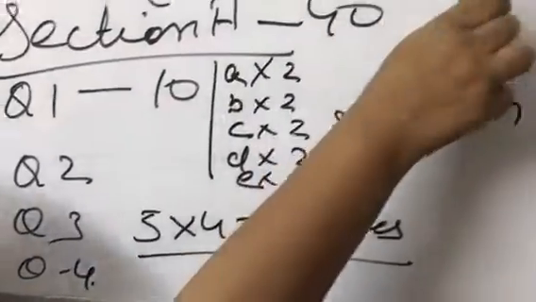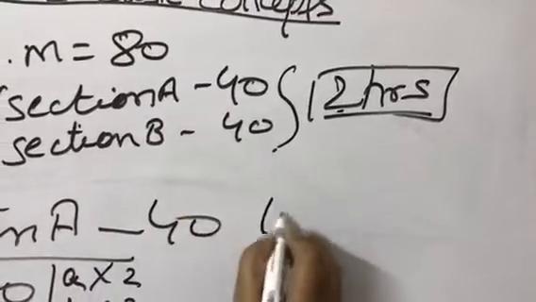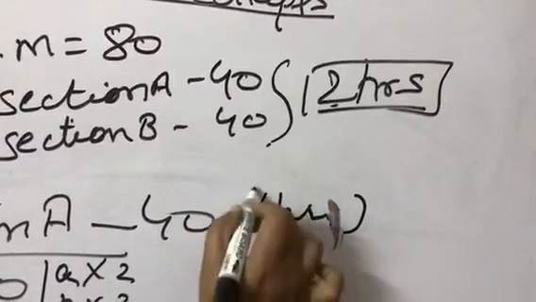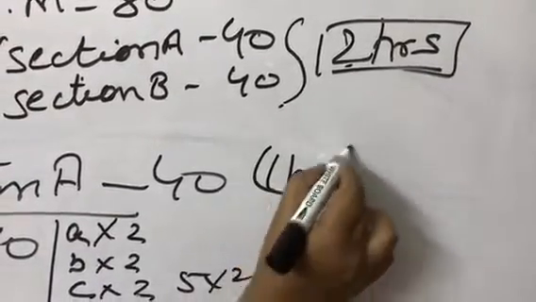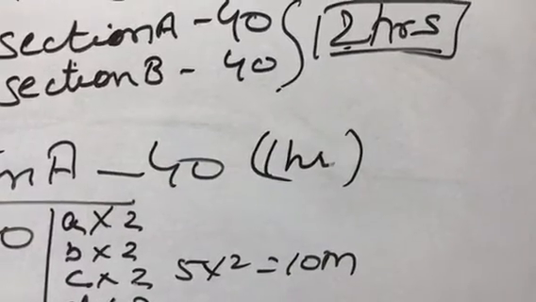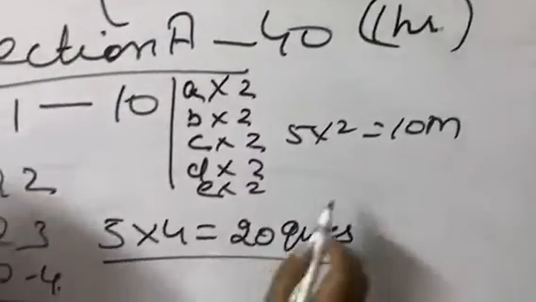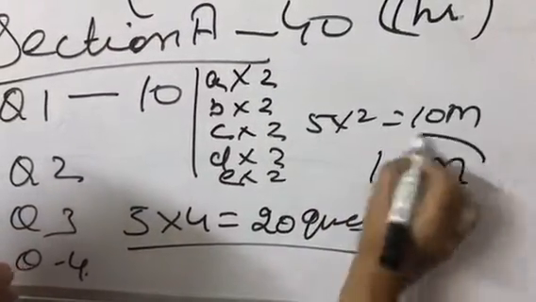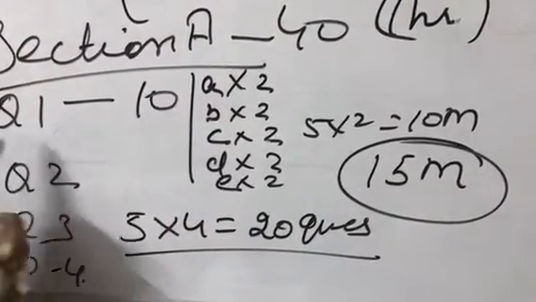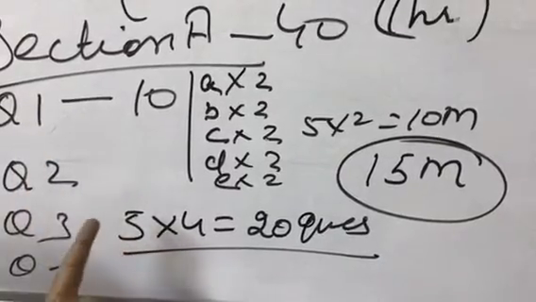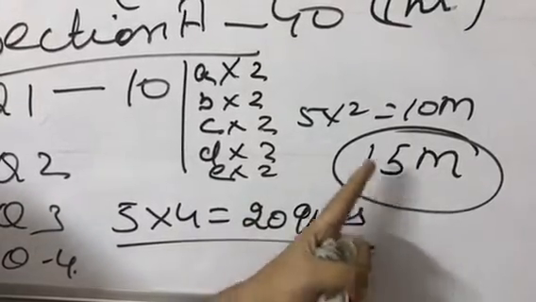And as you have seen, I have written the time over here, that it's a time of 2 hours. It means Section A has to be completed within 1 hour, that is 60 minutes, and Section B is also to be completed in 1 hour, that is 60 minutes. So if we work on time management, in 1 hour I am going to complete my 4 questions. 4 questions means for each question you are going to give 15 minutes, not more than that. One question having 5 short questions, you are supposed to complete within 15 minutes in Section A.